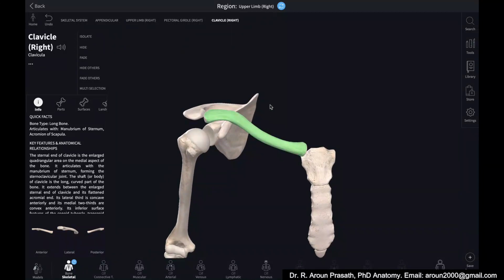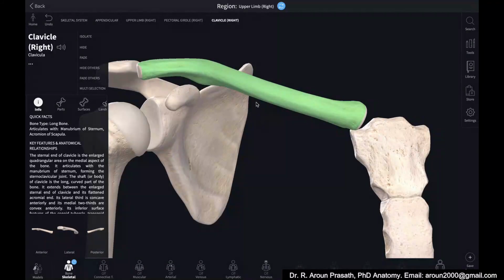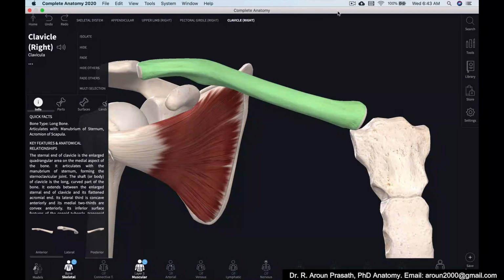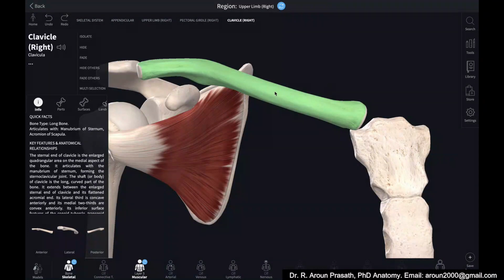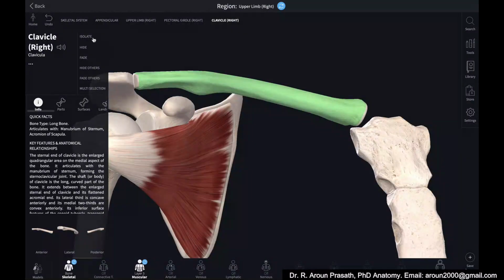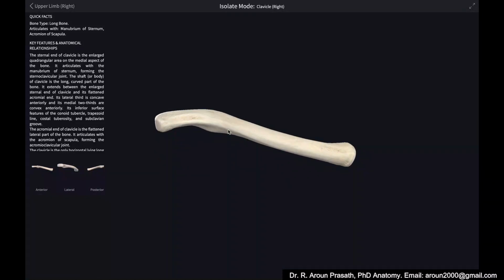It is also called the collar bone, and it is the long bone lying in the horizontal plane. In this transverse direction, this bone is said to be the longest bone. So when you see this clavicle, I would like to show it separately. This is the left clavicle, and the right clavicle is on the other side.